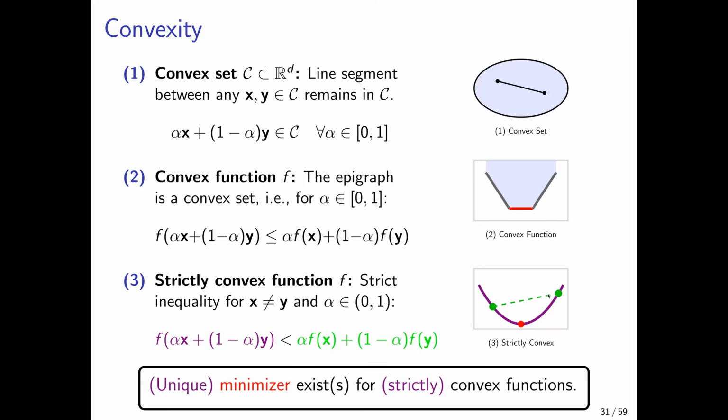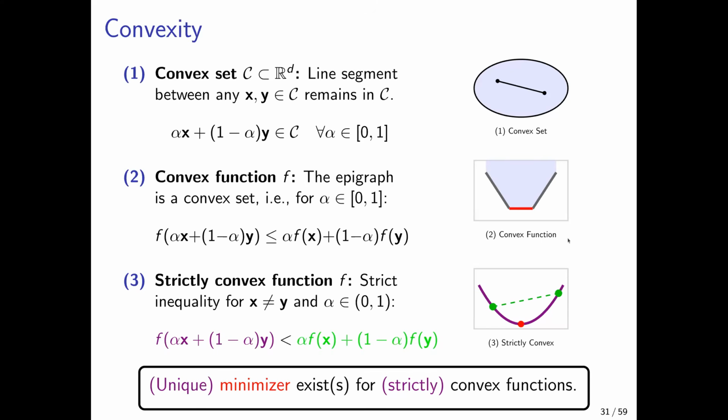This condition means that if we have any points x and y, and we look at their images, f of x, f of y, and then we make a line between them, this line, for every alpha strictly smaller than 1 and strictly larger than 0, lies strictly above